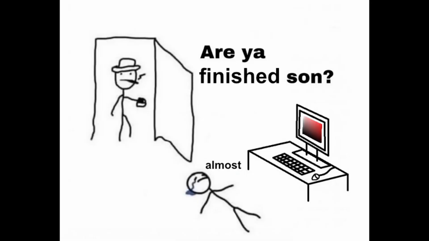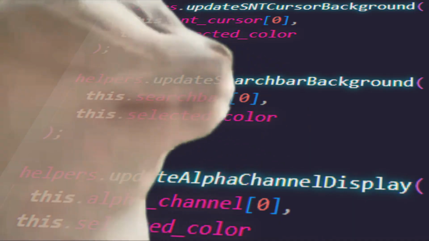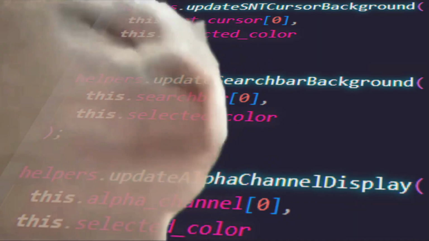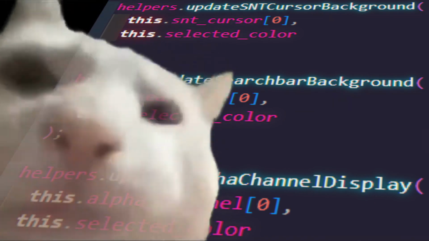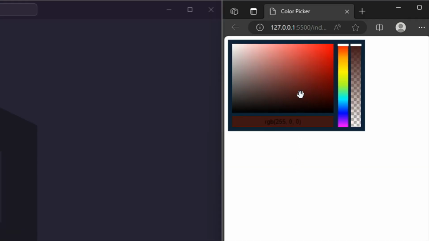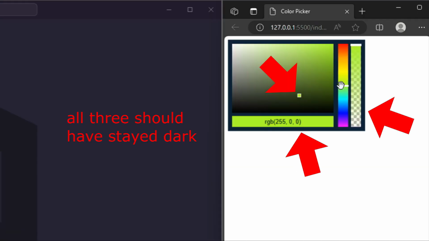I was nearly finished with mechanics for the chroma component. I just needed to make the alpha channel and the search bar reflect changes in the chroma. Fortunately, I already had all the code I needed. I just had to put them in the mouse down and mouse move events. However, I ran into an issue. If I change the chroma and then change the hue afterwards, the selected chroma is forgotten.